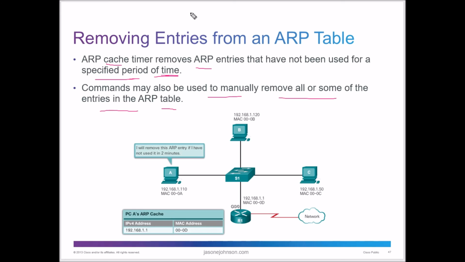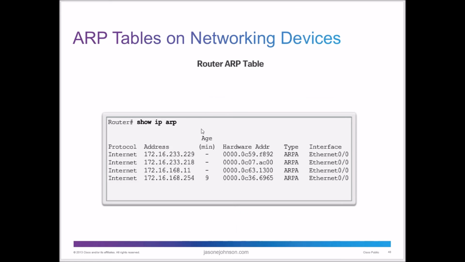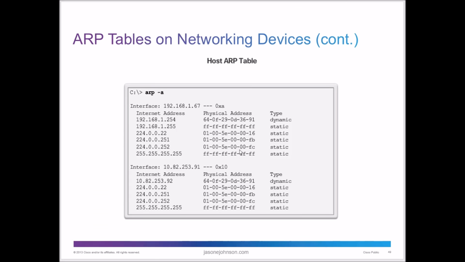If you do a restart on a device, it's going to flush that information and flush that memory. But there are also commands out there. If you do the show ip arp command, you'll get this response here. And that's the following, arp -a, and that'll show you the full information on there.